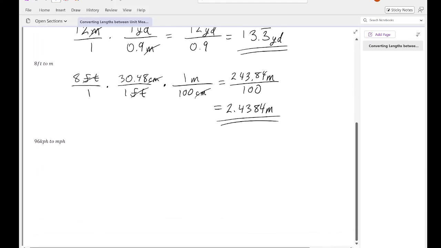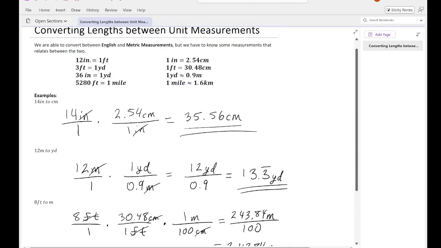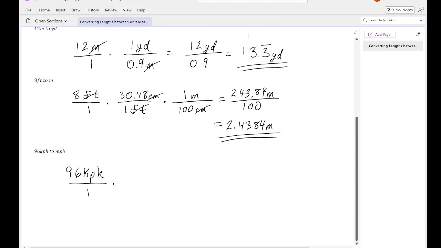Last one that actually is kind of useful that you can use, kilometers per hour to miles per hour. We're going to do 96 kilometers per hour to miles per hour. So we start off with our unit, 96 kph over 1, and I'm going to convert it to miles per hour. Now I don't have speed up here, but I do have lengths. I know that 1 mile is approximately 1.6 kilometers. I can use this fact to find the measurement. So I can say that 1 mile is equal to, or 1 mile over